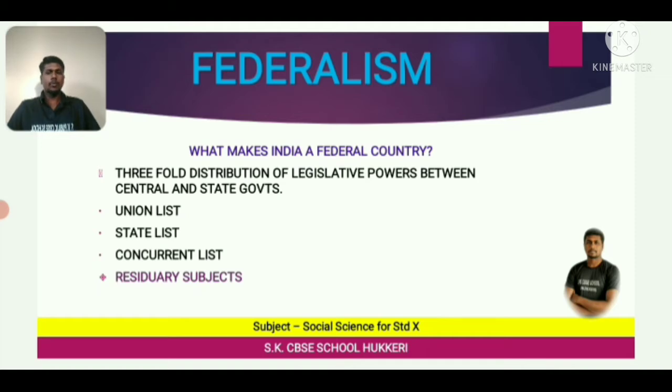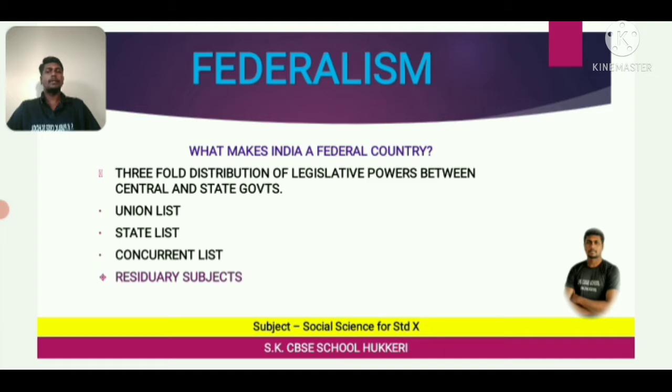Mainly two, I can say, those are the union government, which is also called the central government. This central government is responsible to all the people who are living in this country, and the state government is responsible to the people who are living in that particular state. As I told you, the third tier of government in the federalism was added later. That was added in the form of panchayats and municipalities.